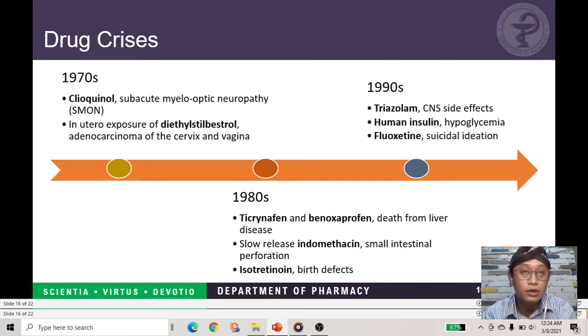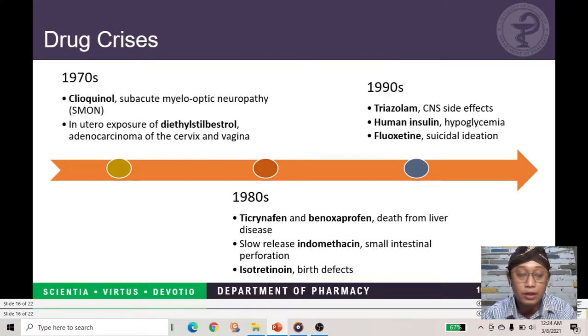The diethylstilbestrol is for contraception, but when it fails, the babies from the mother can be exposed to the diethylstilbestrol, and later in their life, when they're born, they will have a risk to develop adenocarcinoma of the cervix and vagina. And in the 1980s and 90s, there were some drugs as well that